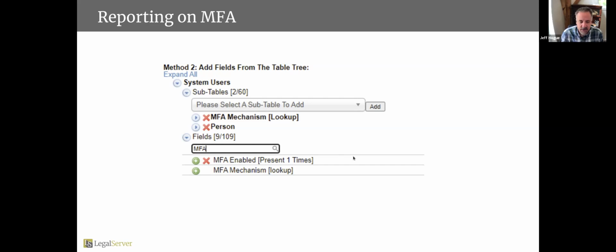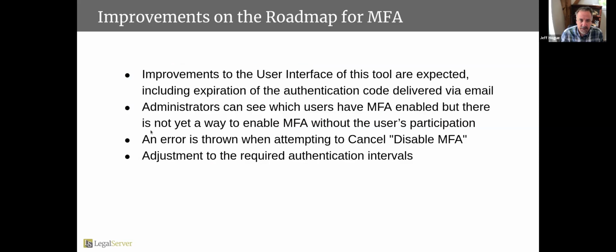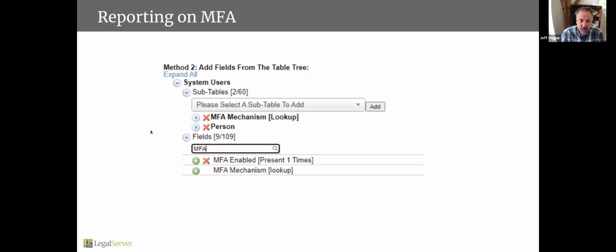If it matters a lot to you whether your users have turned it on, you can verify that if you click required that they're all doing it, et cetera, et cetera. I recommend, if this matters to you, having a report ready for multi-factor authentication. So I'm going to stop there. Are there any questions so far about multi-factor?